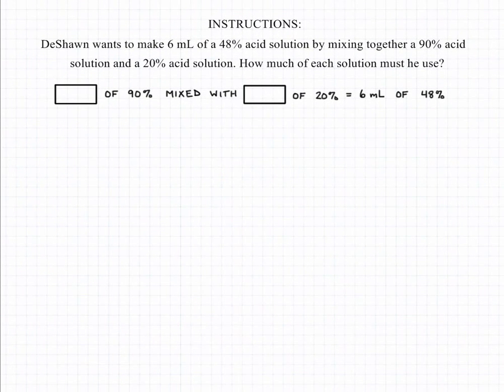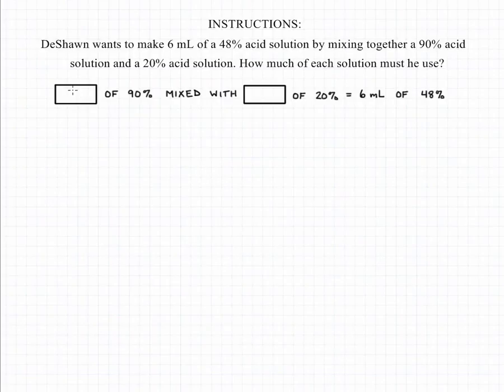If we look at this word problem, it seems like we have a couple of pieces missing. We know we have 90% mixed with 20%, and we know how much we end up with and the concentration that we end up with, but we don't know how much we mixed initially. Because, however, we know that we ended up with 6 milliliters, we can get around this by setting the amount